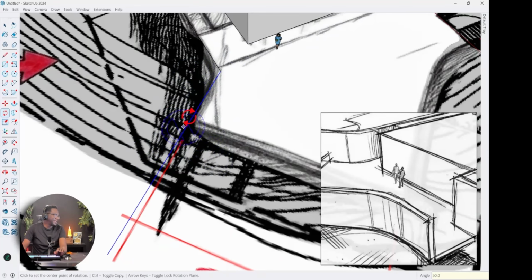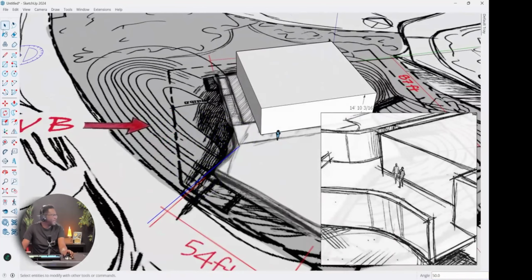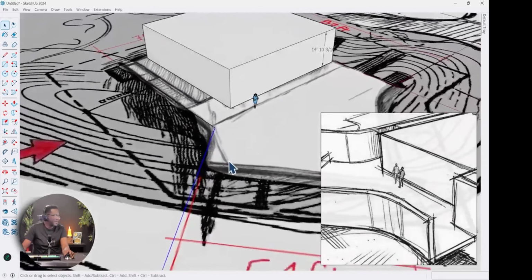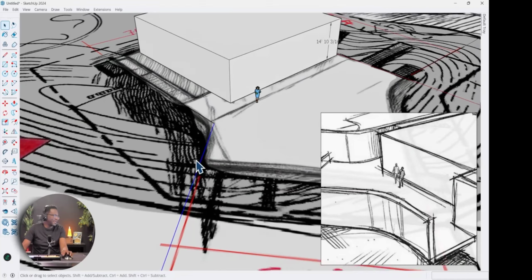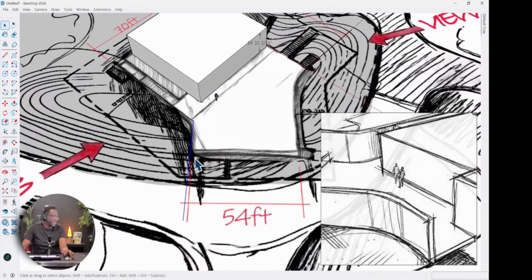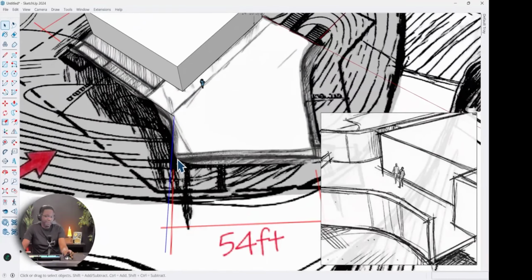So now that I know this angle is 50, even though this is a sketch, I would rather it be 50 than 49.9 something, right? That way, anything that is aligned to this, I know that it's 50 degrees. So that's a good tip that you can use whenever you are creating a sketch. All right, a 3D sketch, that is.